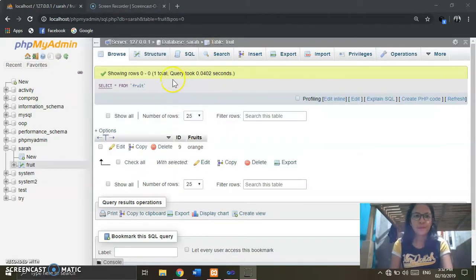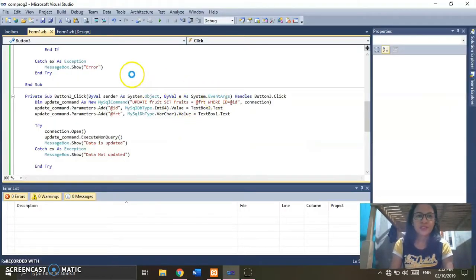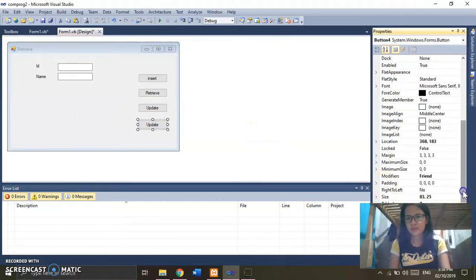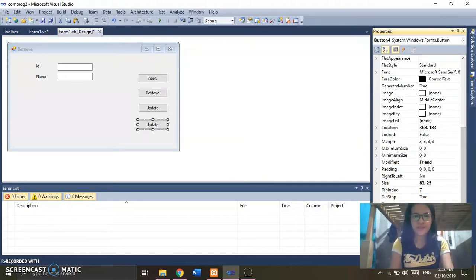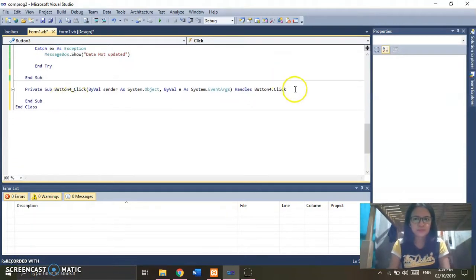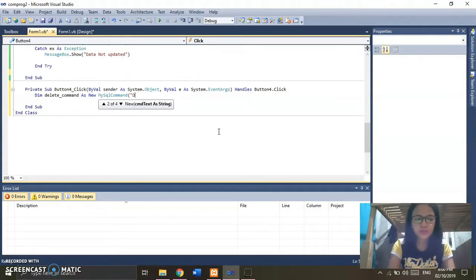Our update is now working. So let's proceed to a delete button and rename it as delete. And let's go to our statements. We input delete from